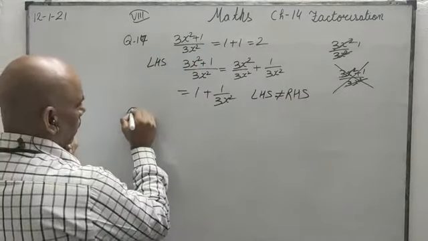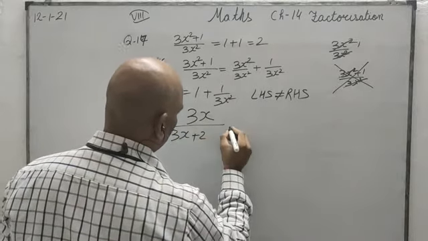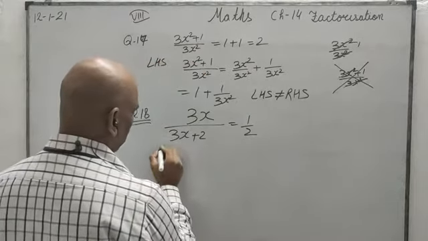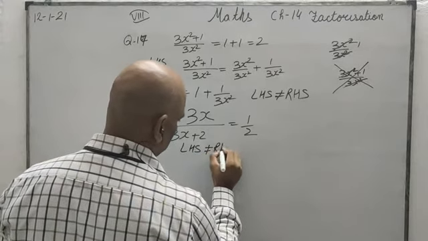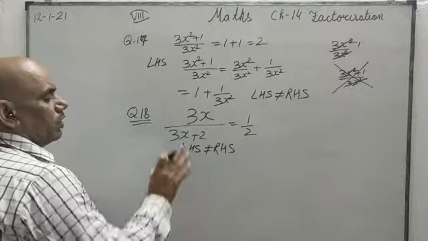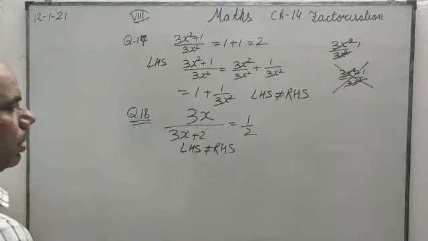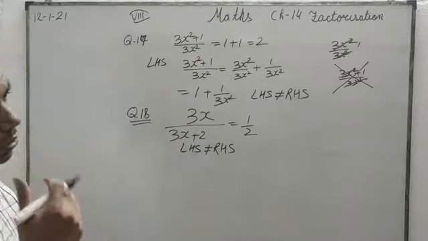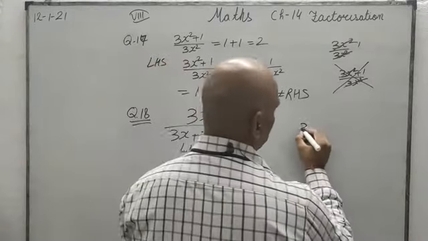क्वेश्चन नंबर 18. फिर क्या कह रहे हैं? कह रहे हैं कि चलो अच्छा सर ऐसे कर लो 3x अपॉन 3x प्लस 2 इज इक्वल्स टू 1 अपॉन 2. 3x से 3x कैंसिल हो गया, 1 अपॉन 2 आंसर आ गया. This is once again LHS is not equals to RHS and we cannot solve anything in it. इसमें कुछ solve भी नहीं कर सकते. This in itself will remain like this only, ये ऐसे का ऐसा ही रहेगा, इसमें हम कुछ सॉल्व नहीं कर सकते, तो सॉल्व करेंगे तो that will be a bit upper level.